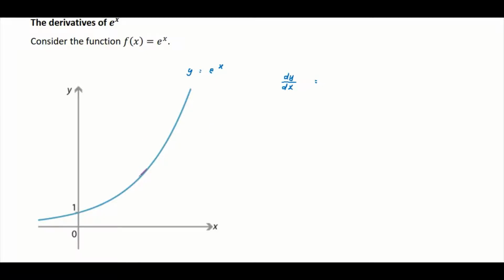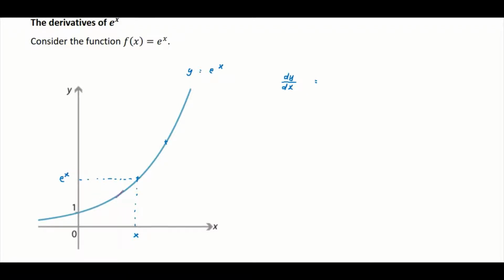Just now we said that we are finding the gradient between these two lines. Then we try to move it nearer and nearer to the point that we want to find the gradient for. Then the answer itself will be the gradient of my tangent. Imagine I put these 2 points. If this point is my x, what will be my y? Because I know that this graph is drawn for y equals e to the power of x, my y will be